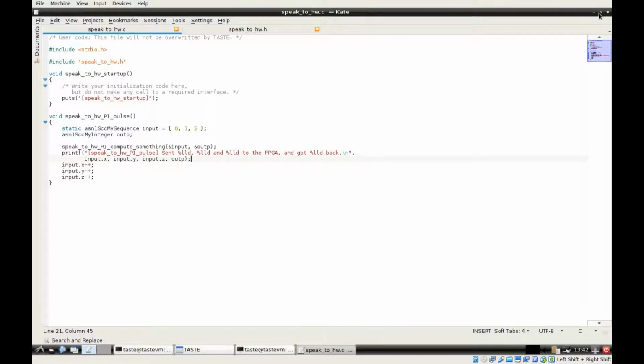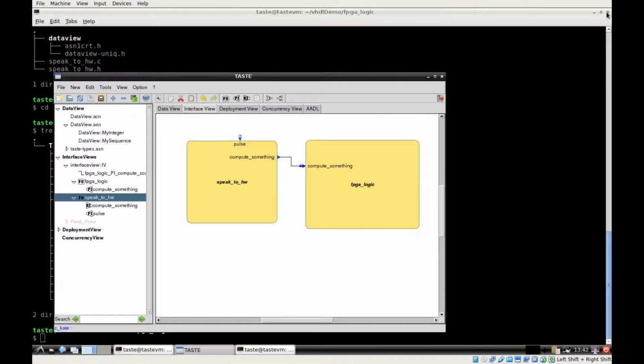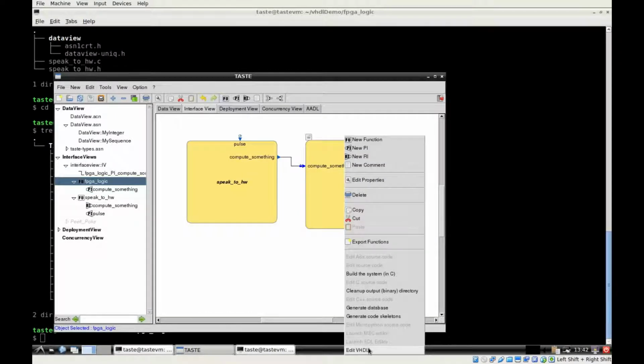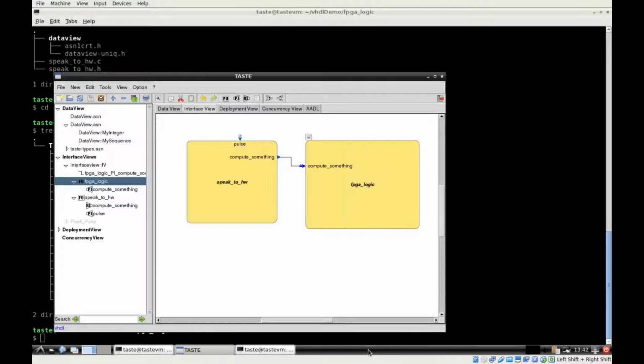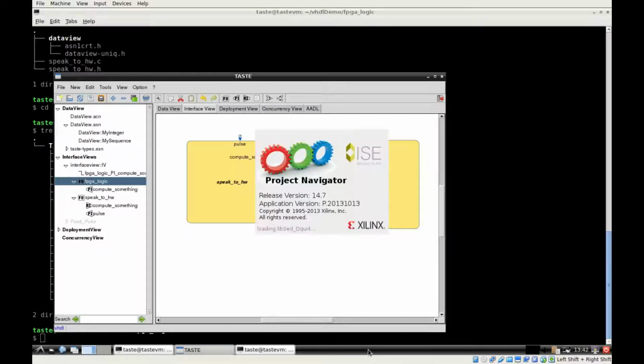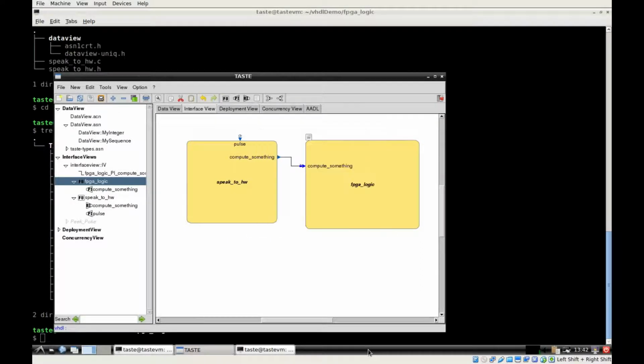So we're done with implementation of C. Let's now move to the implementation of the VHDL side. So in the same manner, I added VHDL. And note that in this virtual machine I have also installed the